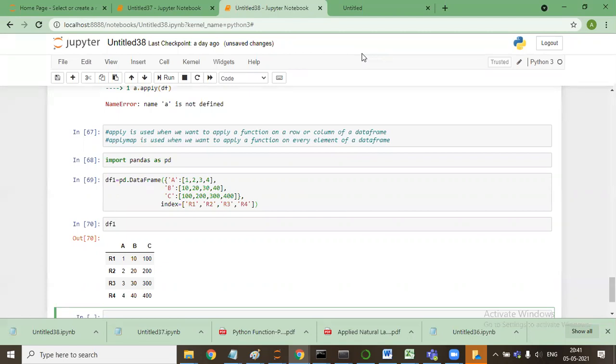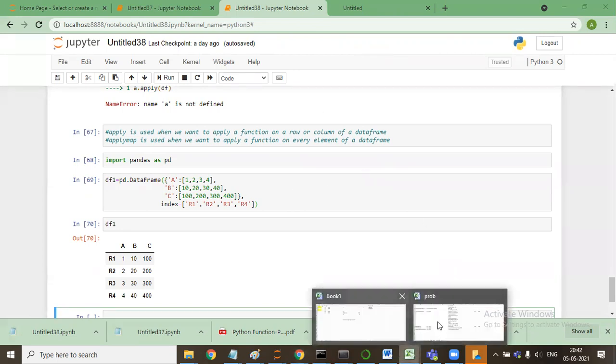Yes, sir. So if I say that apply function is basically used on any of the axes of the data frame, either row or column, or on a series, because both are the same things. Do you remember what is series, or do you want me to tell again?